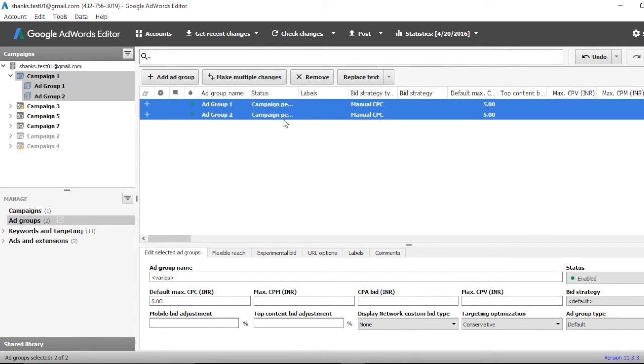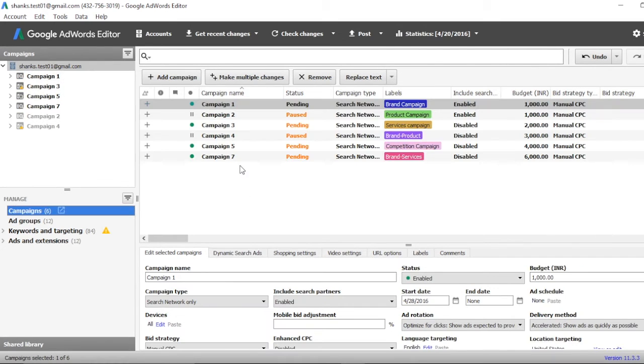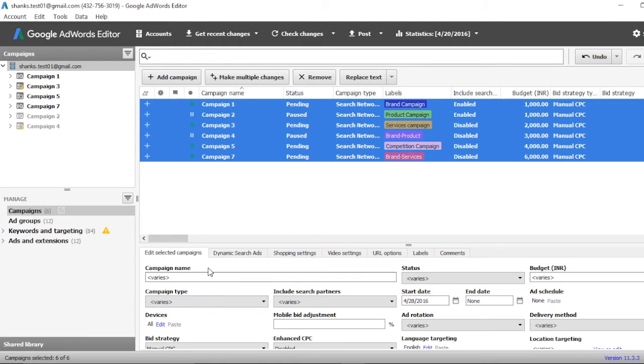Using multi-select allows you to view items within any combination of campaigns or ad groups in the tree view. Some AdWords professionals may use this option to paste items into multiple campaigns and ad groups at once. However, this is something I personally prefer not doing. Instead, I use this option to comb through all the common settings for a group of campaigns, for example GTN